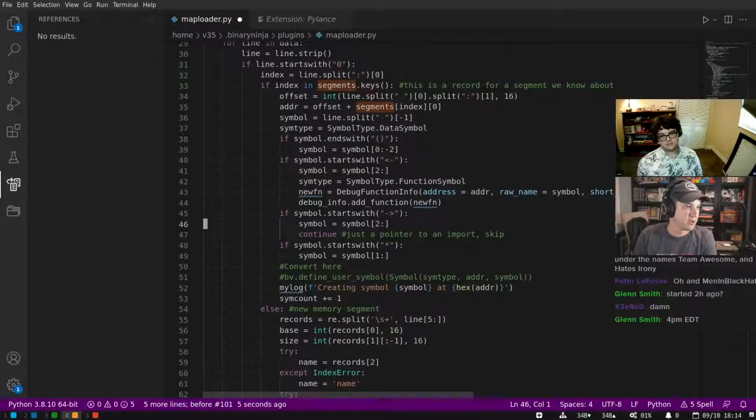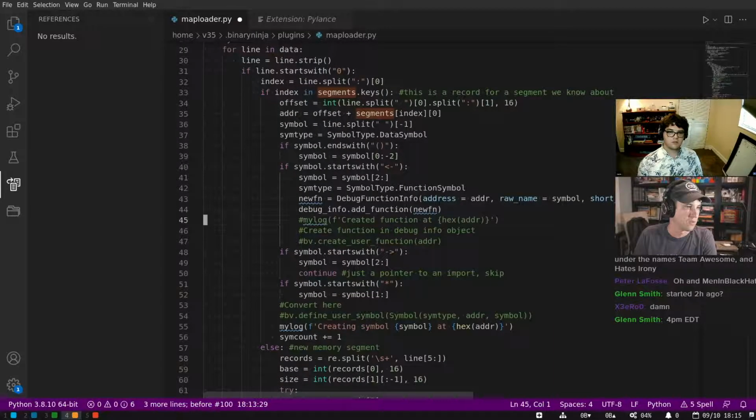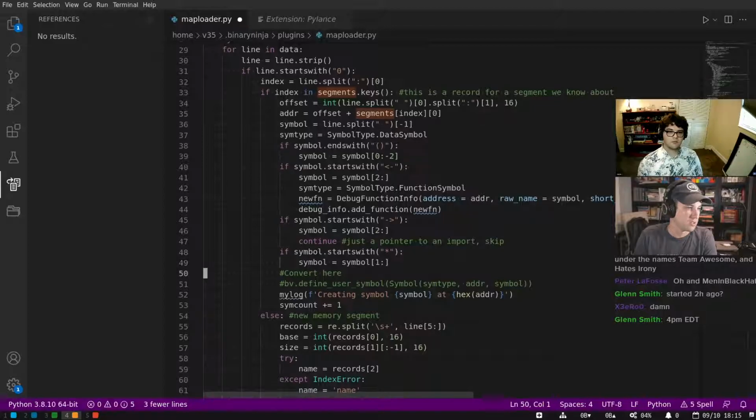Yeah, so okay, I'm not going to do this for now. We're just going to create the functions to see if that works. Just create an import. Okay, oops, what did I just do? Yep, delete that. We're not going to create... to do: create data variables if not a function symbol. Oh, that's how I could just do it too, right?